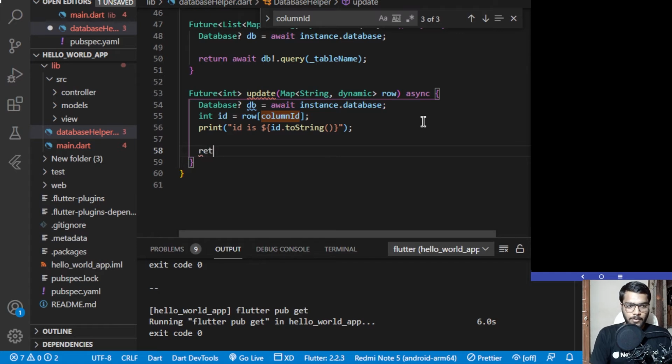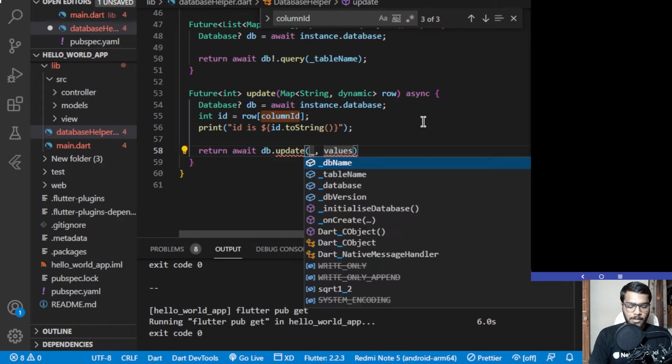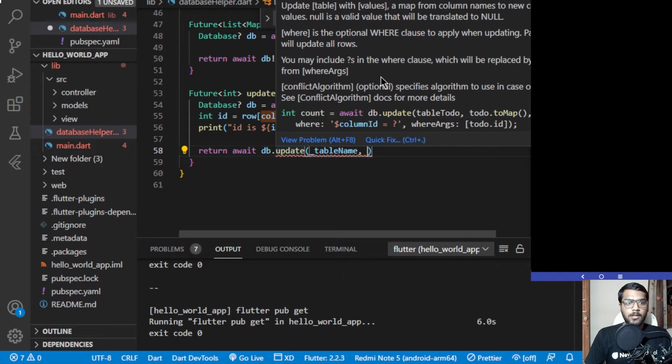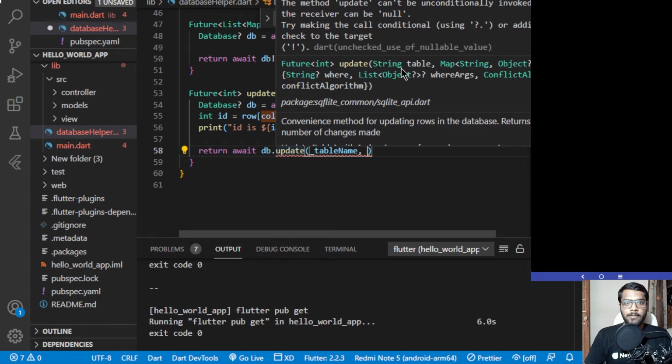And later on what we can do is perform the update operation on the database. So return await db.update, and herein we have to pass the table name at first, so _tableName, and we have to pass the value which we want to update. Or let me just check, we have to first pass the table as well, and it takes a table name. We have passed that.